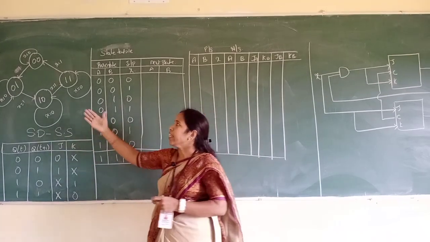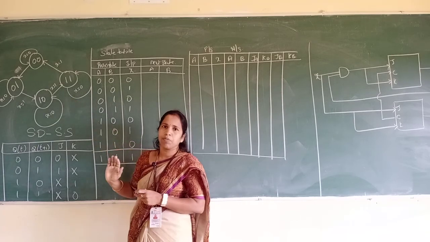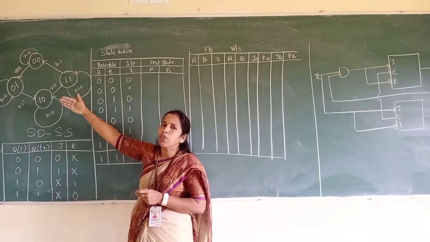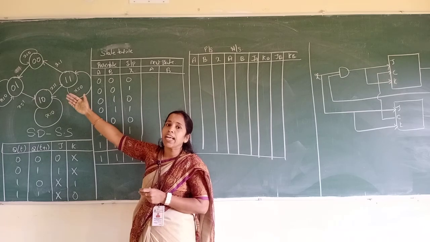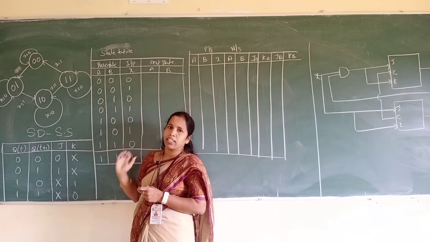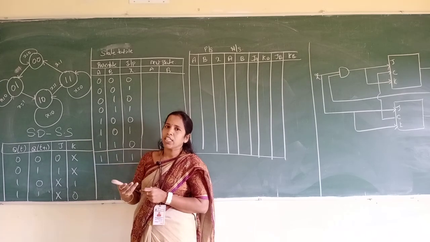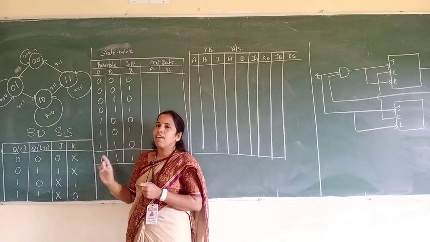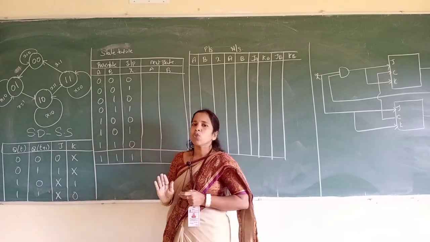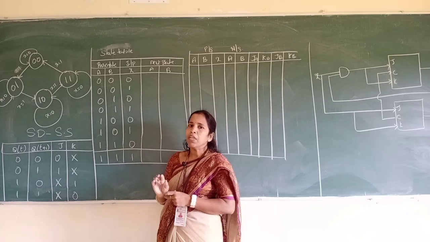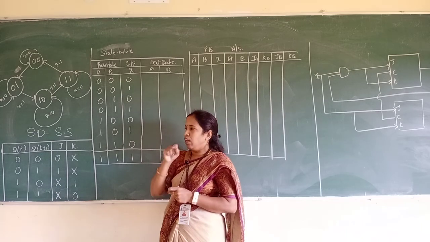So directly they have given the state diagram here. They have given the present state, the next state, as well as the input value, X. When it is moving from the present state to the next state, the X value is given here. Now, using this, the first step is to generate the state table. First step, a simple state table.